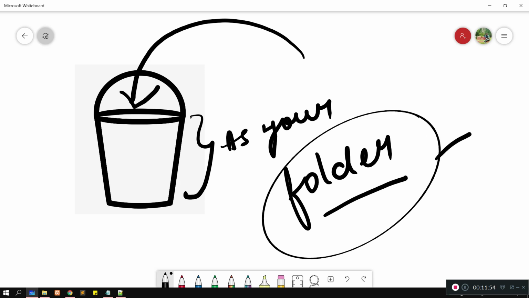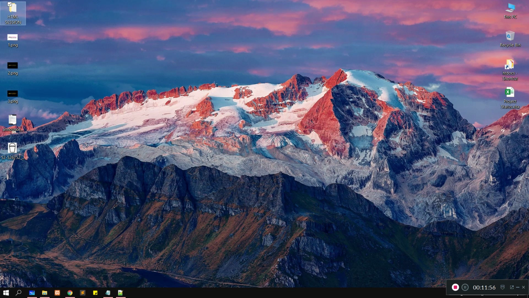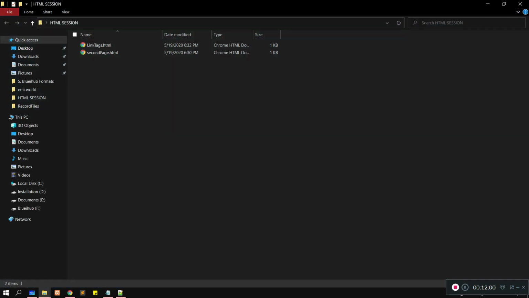Suppose we have a folder HTML session. If I click, this is our HTML file, and if I want to use any image, video or any audio, I have to keep it only inside this folder.